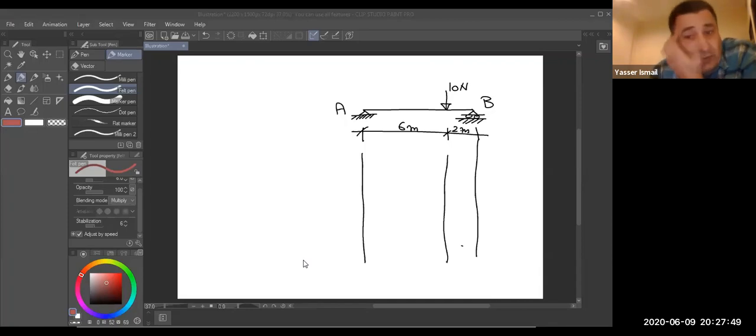So I have now an assembly supported beam. This is an assembly supported beam. Okay, guys. Very good. This beam is exposed to an external load of 10 Newton. This is the external load I am talking about. I need all of us to calculate the internal loads. What does it mean, internal loads? Internal loads are shear, normal, and the moment.